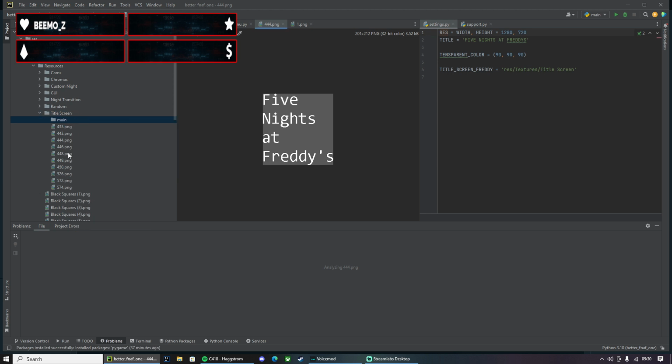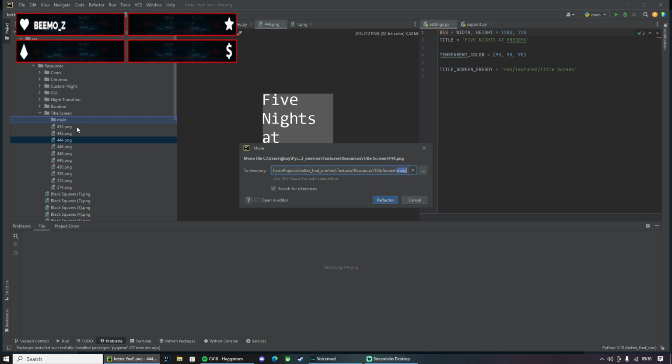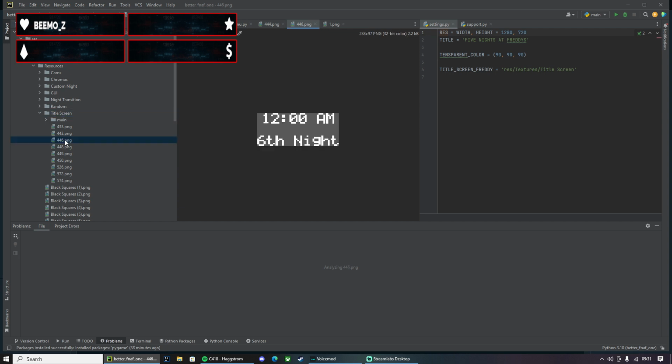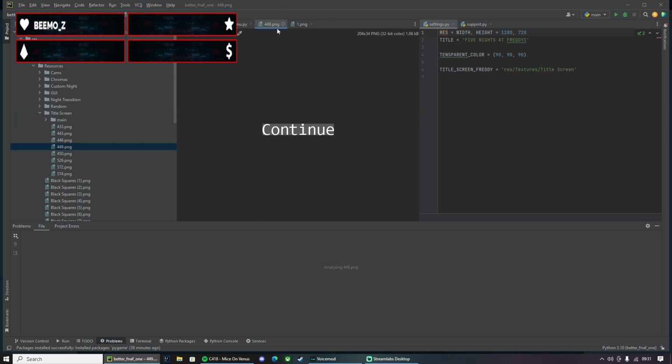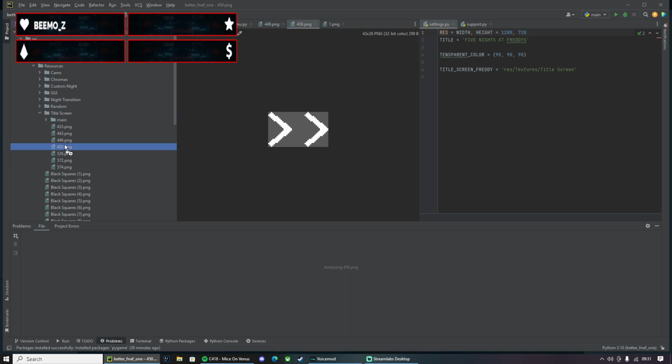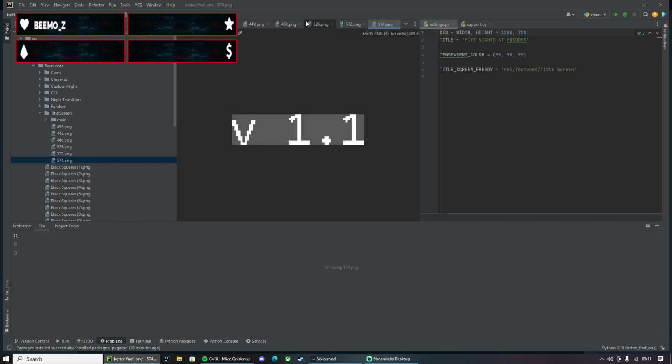This is the main stuff that we're going to use. So 4.4. Nope. We're going to need this one as well. So 4.4.8. We might need 4.4.9. Yep, we'll need that one as well, because that's going to indicate custom night, demo, version 1. Not really a lot, anything else.